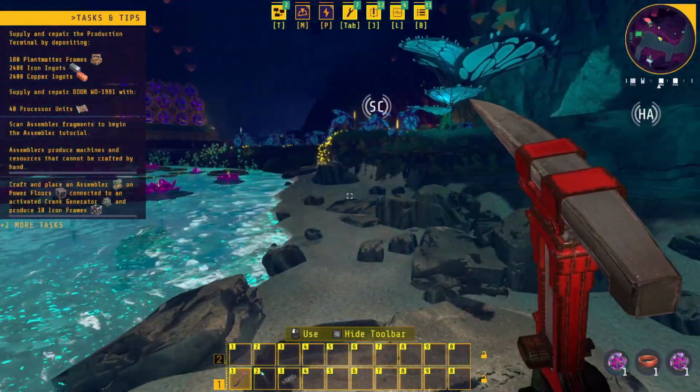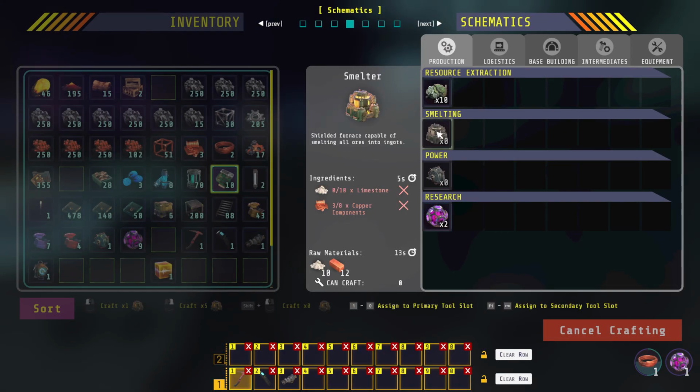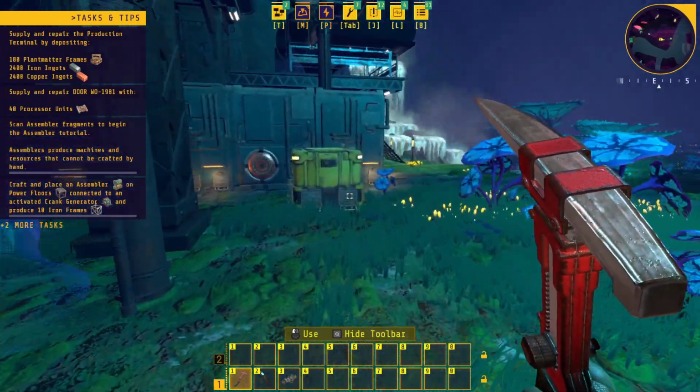do I just create some more smelters? I mean, that might be one way of doing it. Not that, oh, I need limestone to create those. Okay, that's fine. And copper. Let's go with that, because I've got so much material there that's backed up. Then